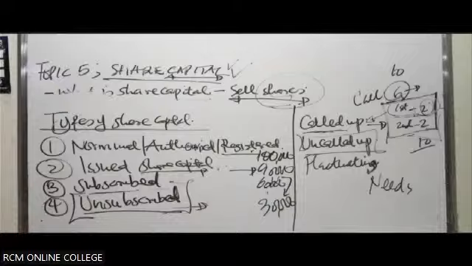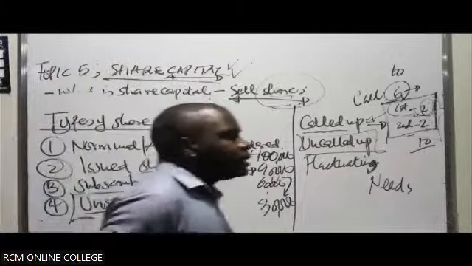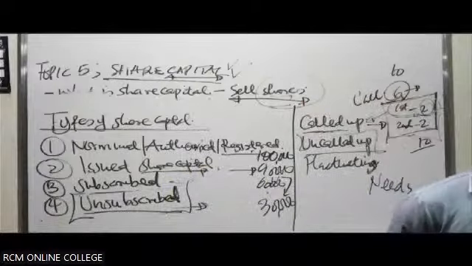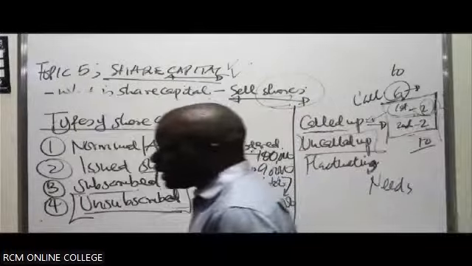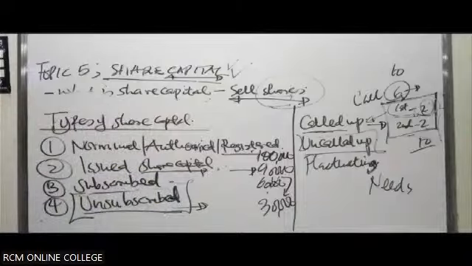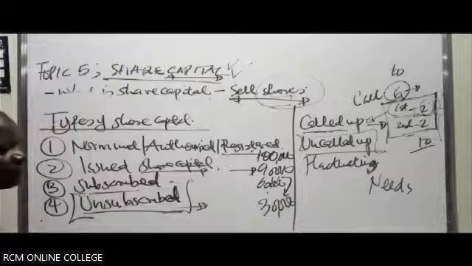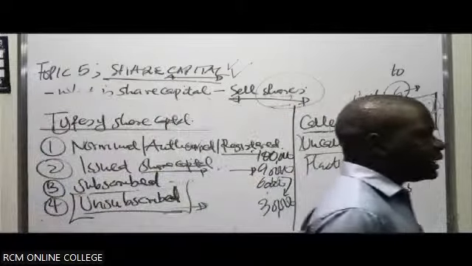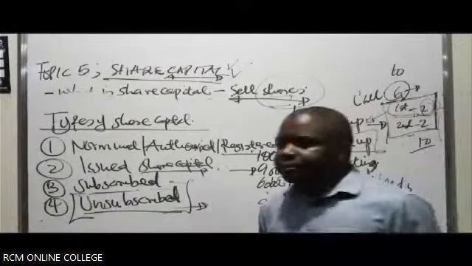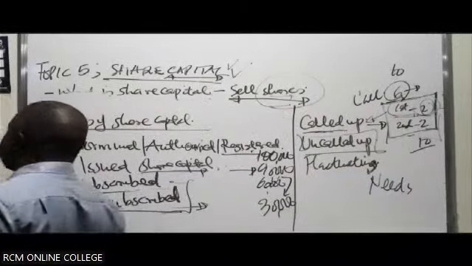Then you have the fluctuating capital. Fluctuating capital actually fluctuates from time to time. It depends on whether the shareholders are adding more capital from time to time, or drawing part of the capital. So it changes or fluctuates every time there's an addition of capital. When capital is withdrawn, those who withdraw the capital might be charged some kind of interest.